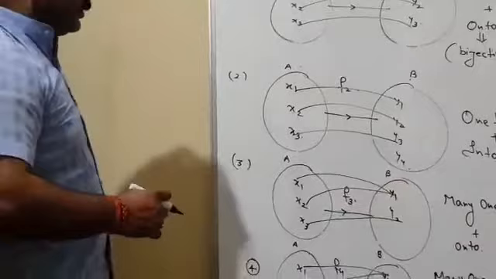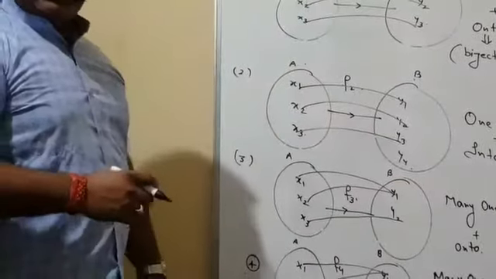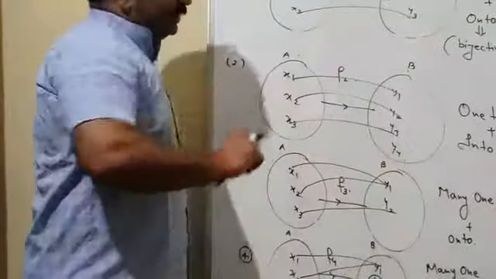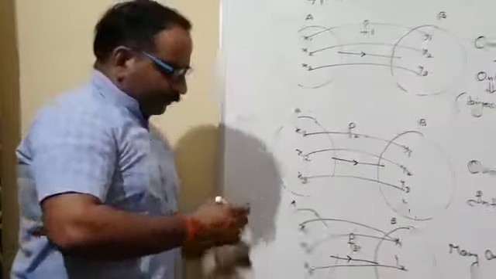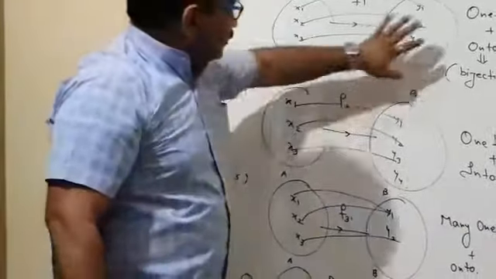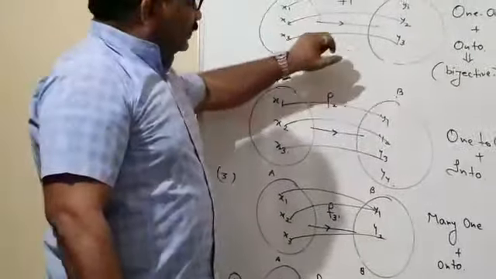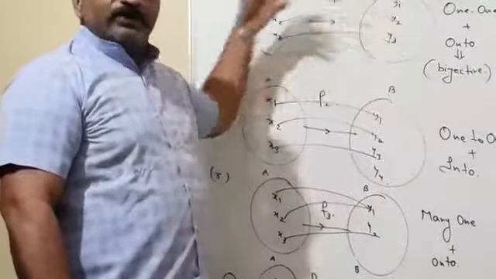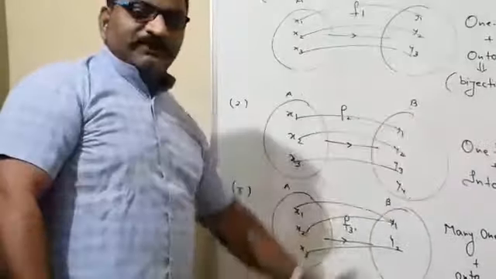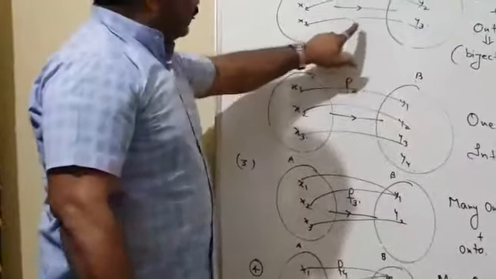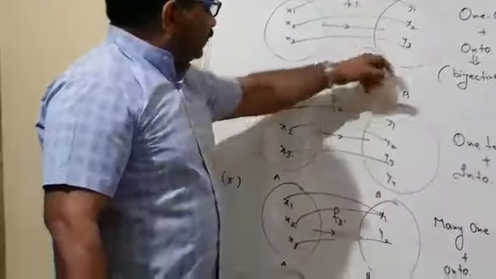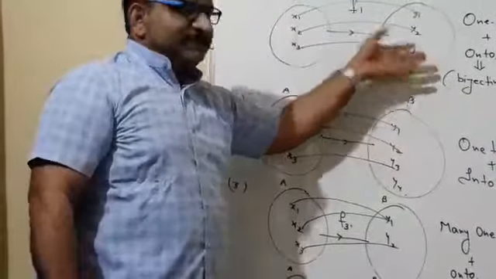Our job is to find out in which condition it is appropriate to come back, meaning in which condition the inverse is possible. So let's see. Before that, we should conclude ourselves: inverse is also a mapping, defined from second to first. We should take care that the definition of function holds from second to first set while moving from B to A. So we should take care in each and every example. Now, in the first case, there is 1-1 and onto, that means bijective, everything is perfect, and we can easily move from the second set to the first set.